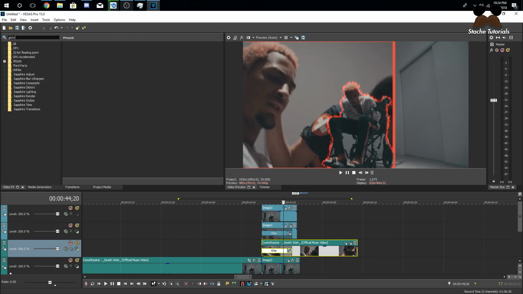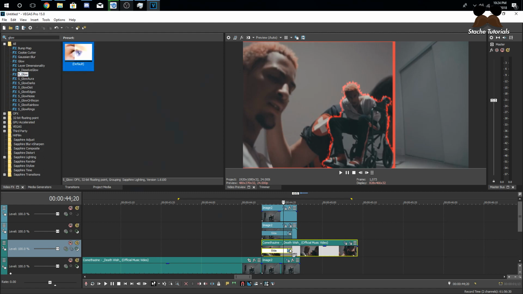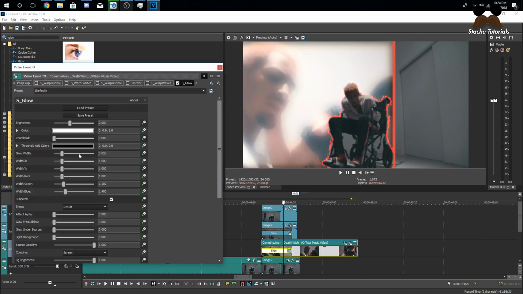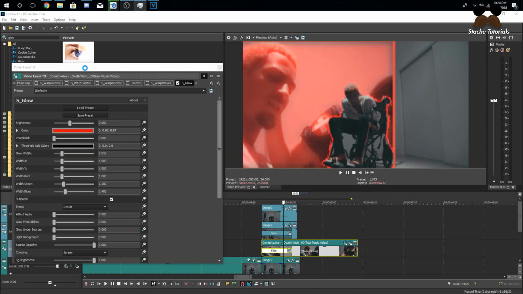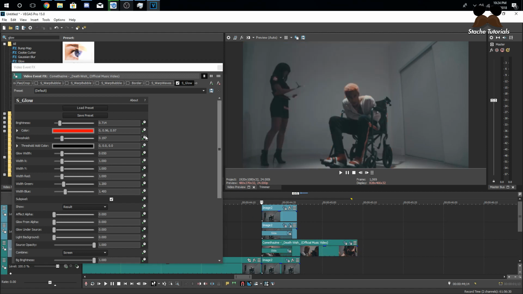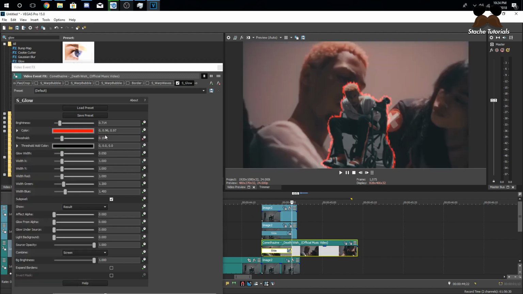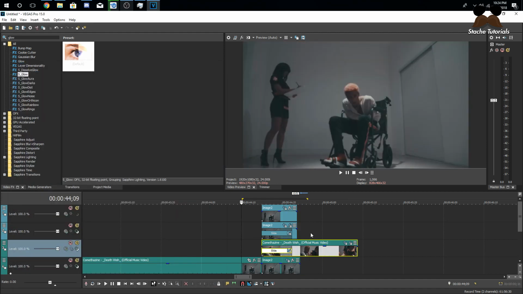Sorry about that. So I'm going to look up Sapphire Glow, put that on here, change the color to red. Okay, and I don't need that much glow. Bring the brightness down a little bit, even more, threshold up. Okay, and then I'm just going to go to the beginning and keyframe the threshold to the end of the transition, all the way up, and then now we have